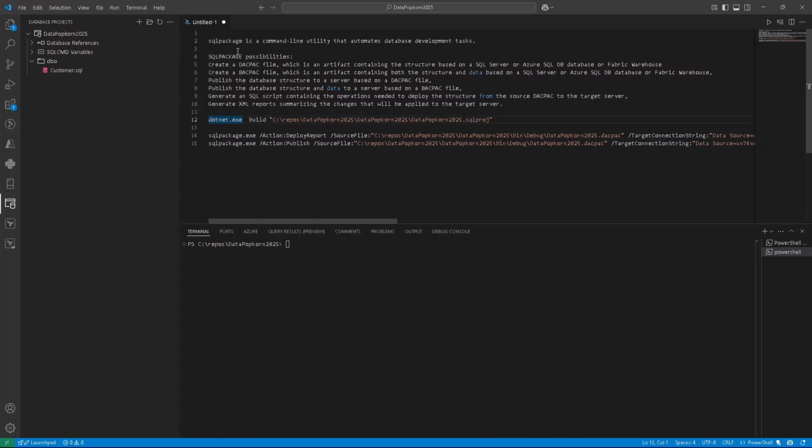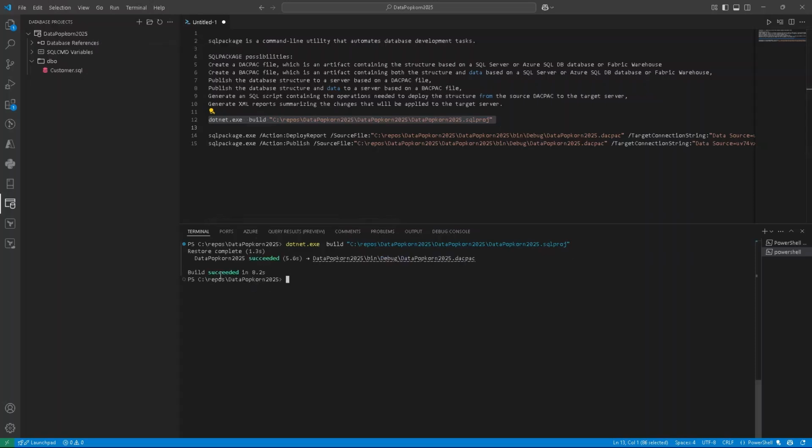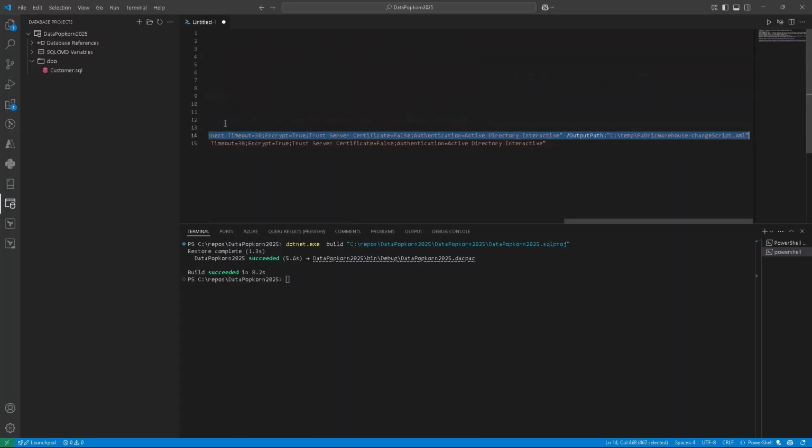To use SQLPackage, first of all, we need to produce an artifact, which is a DACPAC file. You can produce it by using the dotnet build command. So let's do it. The only parameter of this command is to provide the SQLPROJ, so the main file of our database project. And if everything is okay, it should succeed. Okay, so our DACPAC is produced in the bin debug folder within our project. So now we can select SQLPackage.exe